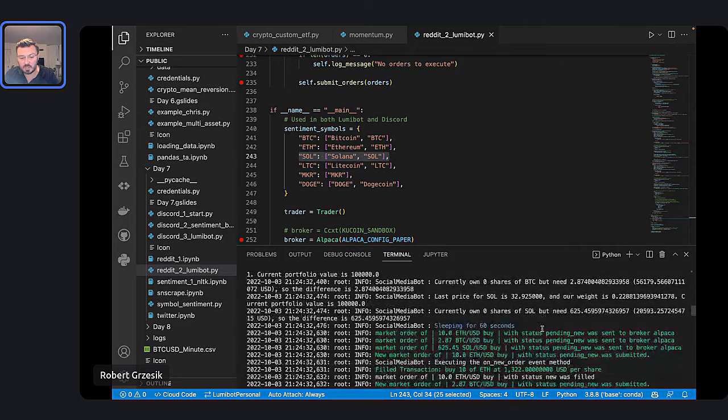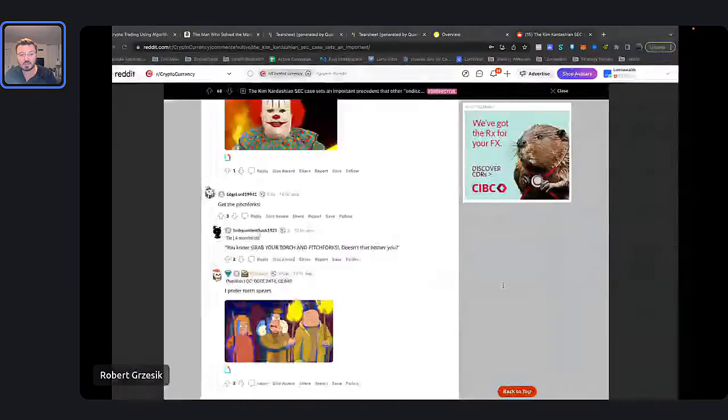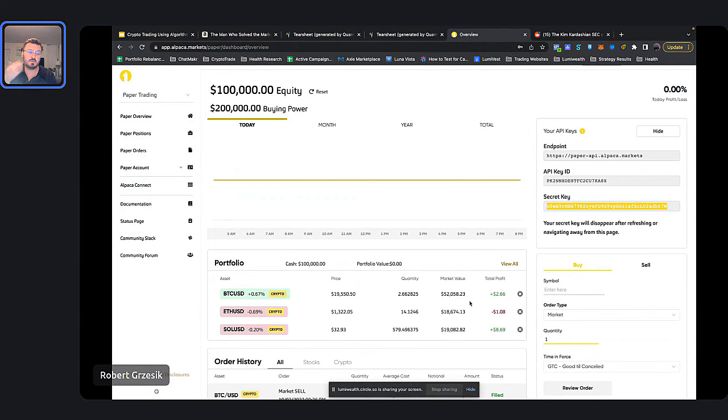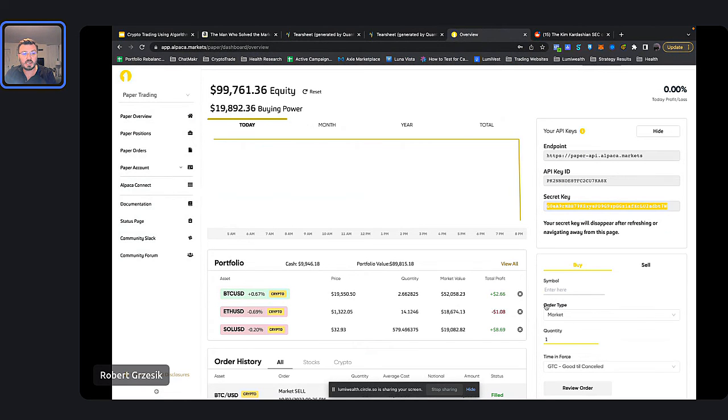Once it did that, it also went off and automatically placed these trades. So when I go into my broker here, here's my broker. We had nothing initially. If you wait until it refreshes, there we go. Boom. We automatically have these 3 tokens in here. It took $100,000 and automatically divided it up into these 3 coins. We have $52,000 in Bitcoin, $18,000 in Ethereum, and $19,000 in Solana. Automatically did that for me based on those weightings that it came up with. Very cool. So it can automatically do that, and it can automatically keep checking and keep changing these weightings for you, right?